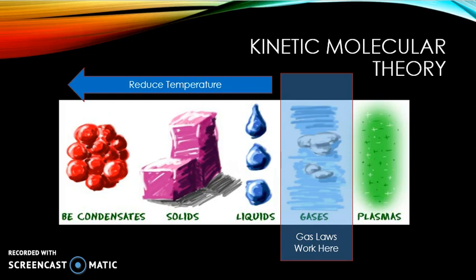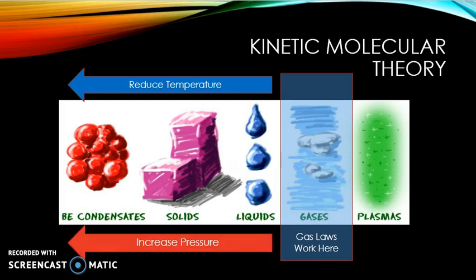The other thing we can manipulate would be the pressure. I can take that same sample of a gas and increase the pressure. Now that would push the actual molecules or atoms closer and closer together until we artificially create these other tighter states of matter, whether it be a liquid, a solid, or a Bose-Einstein condensate.